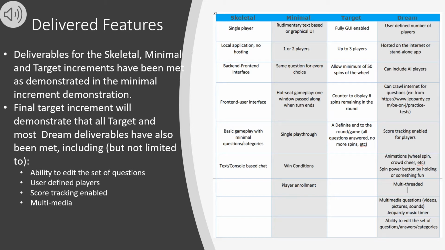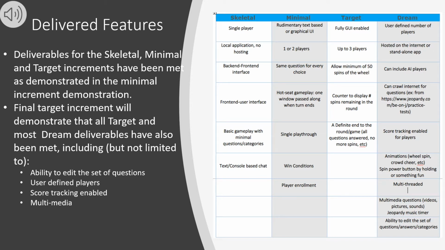This slide displays the features of the 4 increments in our project plan as updated and/or demonstrated to date. During the skeletal and minimal increment demonstrations, we provided a work product that contains all the features expected within our project plan for the respective increments. That includes a multi-threaded client-server application with a functional graphical user interface which allows a minimum number of players to play the game What is Wheel of Jeopardy? We have previously shown features such as player enrollment, win conditions, and the ability to play to completion in a single game. For the target increment, we will show that we have met all criteria outlined in the project plan